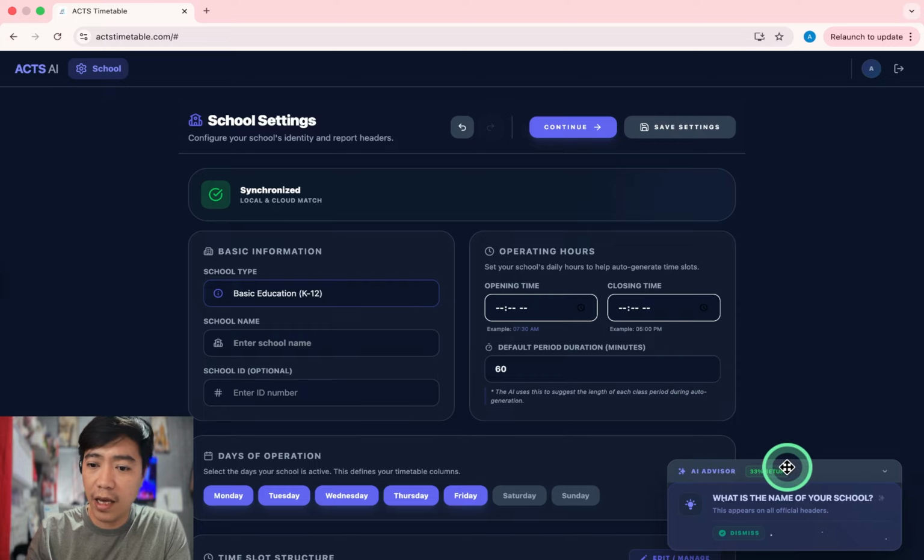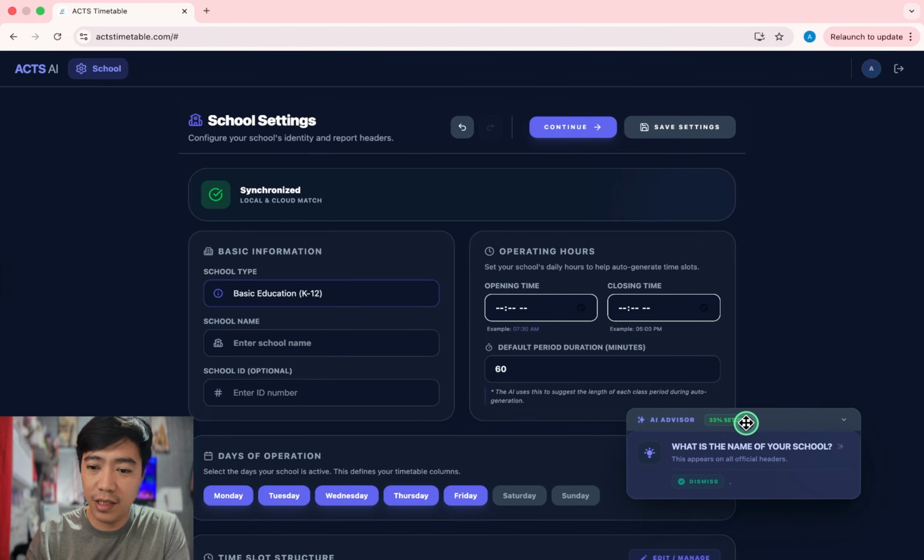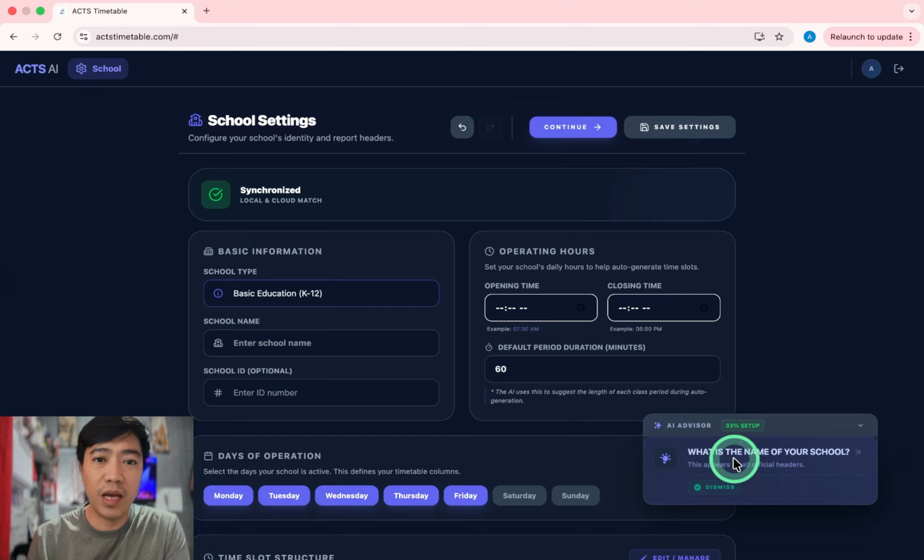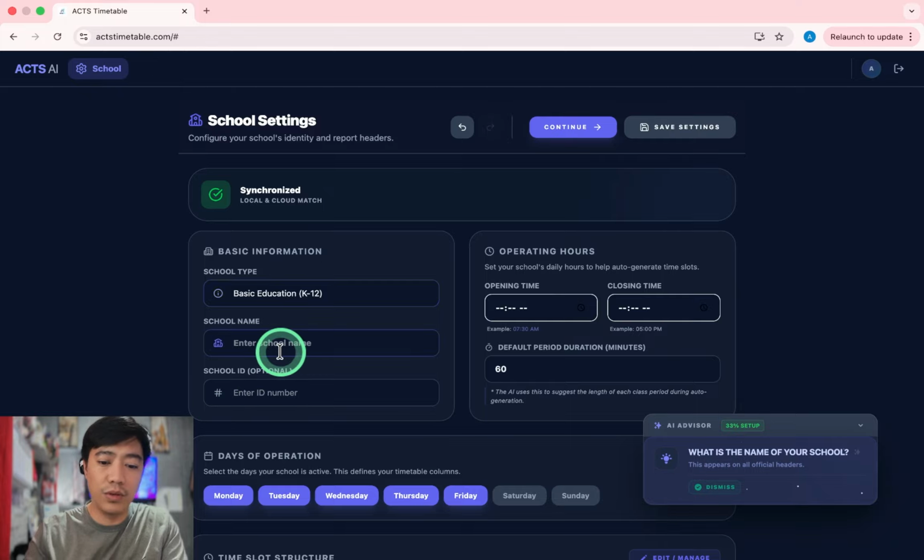It's called Ask AI because there's a lot of AI inside the app. For example, this is an AI advisor. This will guide you in filling out everything and accomplishing your timetabling tasks. So it says here, what's the name of your school? So you type, for example,